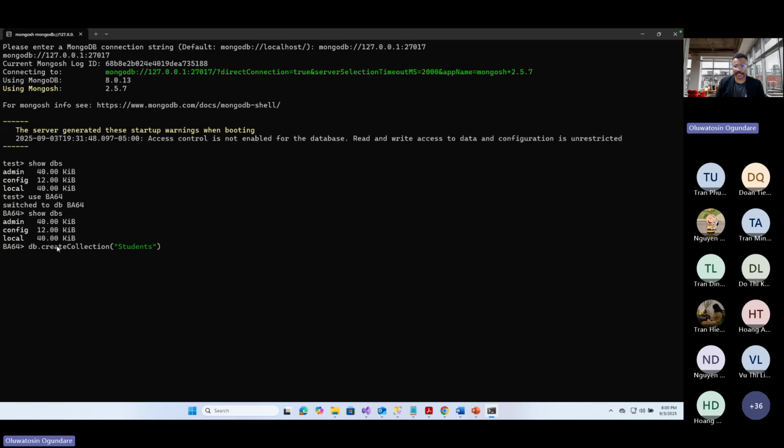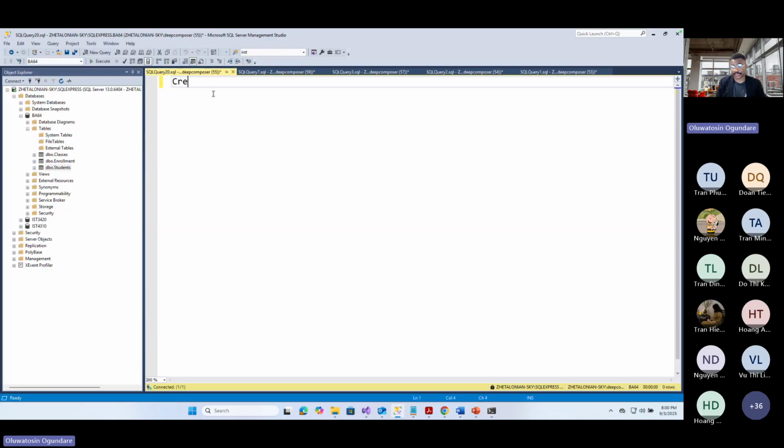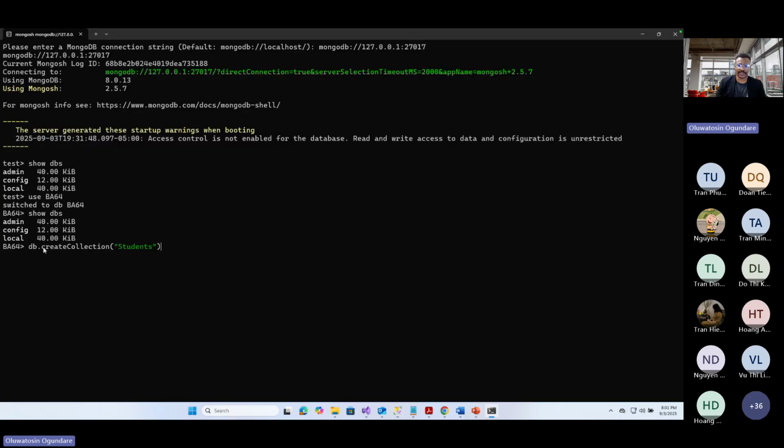All right, so db.createCollection students, right? And the way we would do this, of course, in SQL would be CREATE TABLE students, and then there would be a list of attributes, beginning with their name, the data type, whether or not they support nulls, and everything else we want to say about the attributes. So this is the way to do it in SQL, and this is how you would do it in MongoDB. So for those of you who can already write Python, this is, of course, a more useful